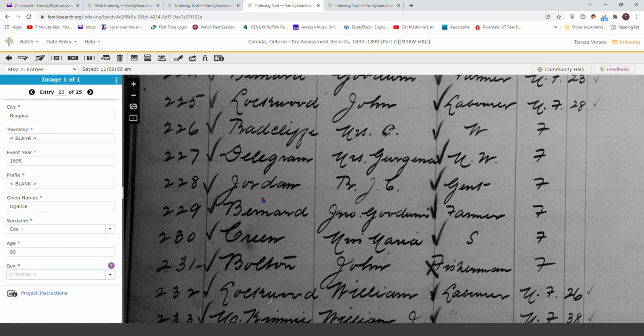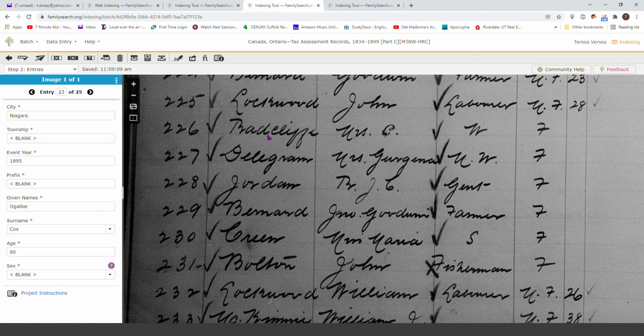Okay? If the writing is horrible, you cannot read it, you go to batch and return batch. And just go get a different one. And keep returning them until you find a batch that you can read. Seriously, it's fine. It's okay. So sometimes I'll get there and I can read most of it. So I do everything that I can read, and then I return the batch and let somebody else figure out those few that I couldn't read, so that it's mostly done when they open it, because it will keep everything you put in.